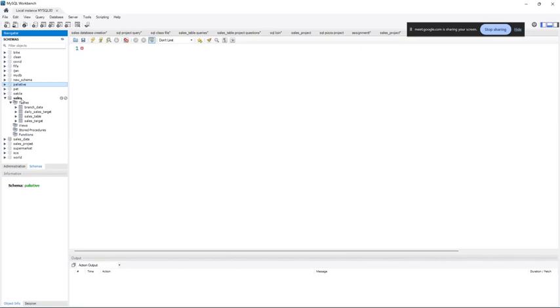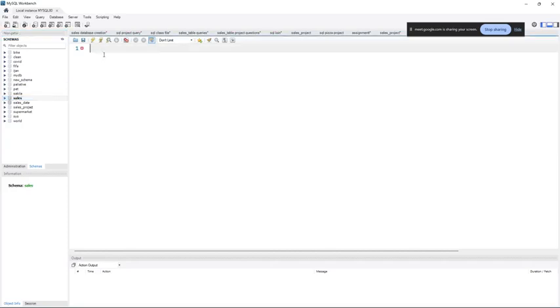But this one is called sales database. Look at the tables I have under it: the branch data, the daily sales target, the sales table, and the sales target. That's the same data that we have for our Excel project, the project that we did yesterday. These are the four tables that we used. I have everything inside the tables, and the tables inside the folder called the database, and everything is inside the sales database. So now let me just say something. Let me use select. I want to select dates from